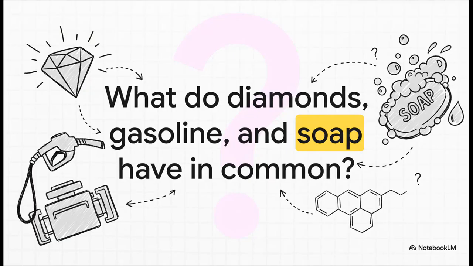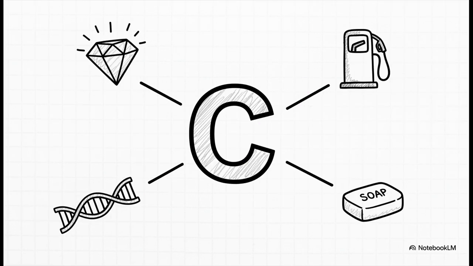So let's start with a little puzzle, right? When you first think about it, these three things couldn't seem more different. I mean, you've got the hardest substance on Earth, the fuel that runs our cars, and the stuff we use to wash our hands. So what in the world is the connection here? Well, the answer, as you can see, is carbon. You can think of it as the ultimate multitasker of the periodic table. It's the element that forms the backbone of, well, almost everything, from the fuel in our tanks to the very